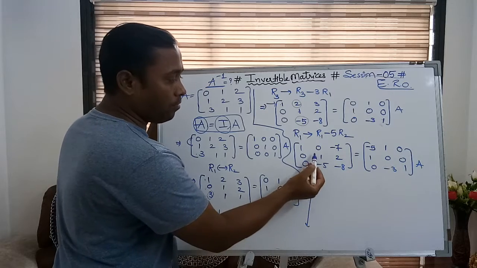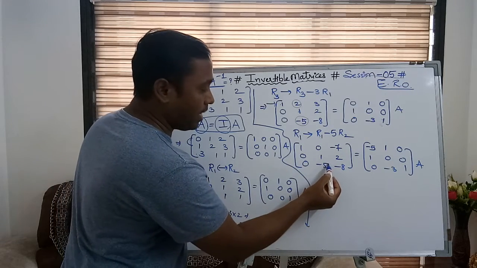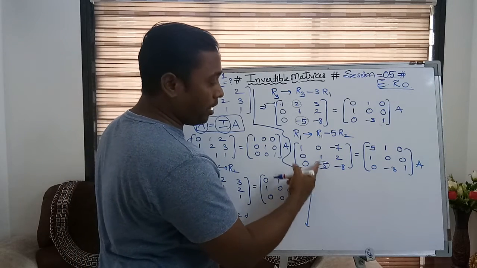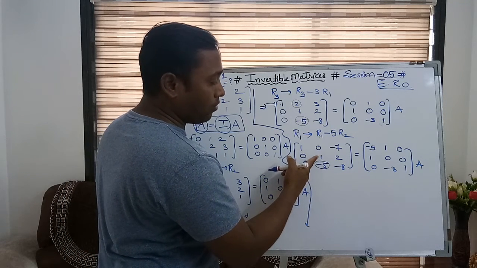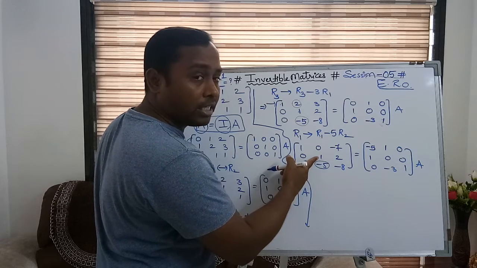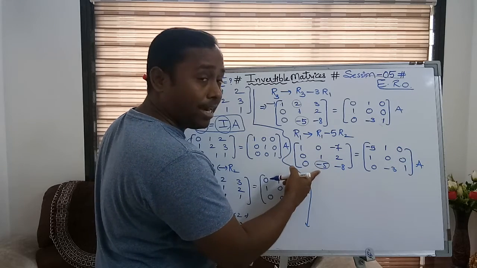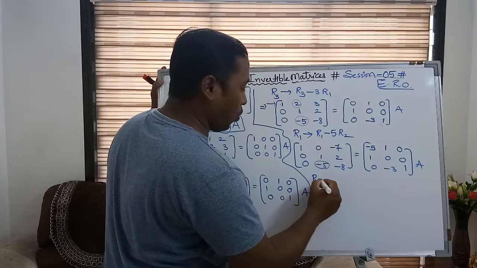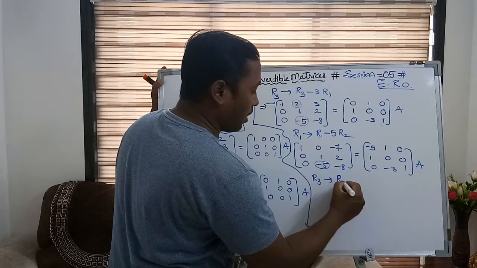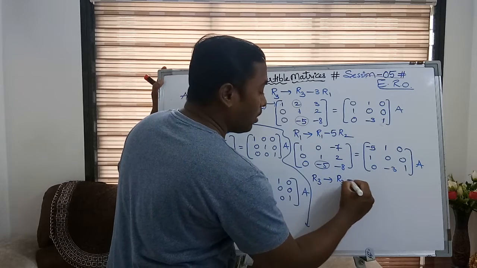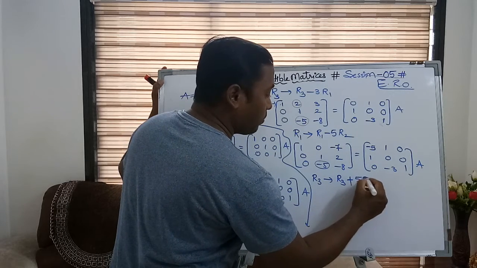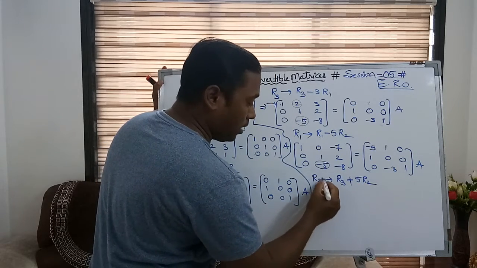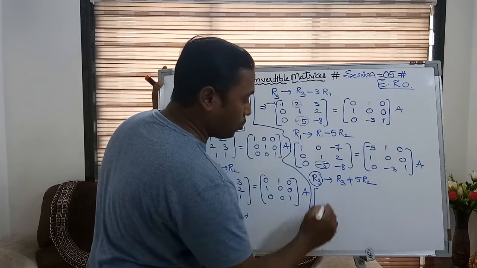So now you can see we needed 0 and got 1. Now my next target is to make this 0. How can I make this 0 here? Simply multiply this quantity: multiply 1 by 5 and add it to this, so minus 5 plus 5 will be 0. So ultimately row 3 is going to change: R3 plus 5 times R2. If I do that operation, R3 changes and the rest of the rows remain the same.